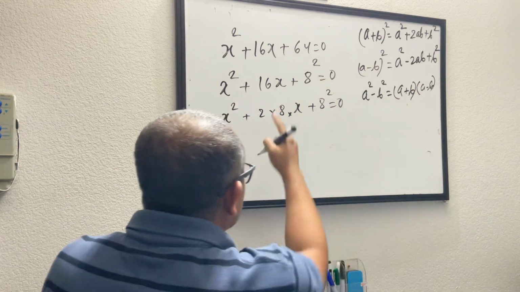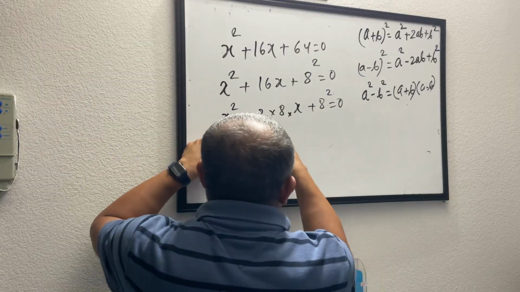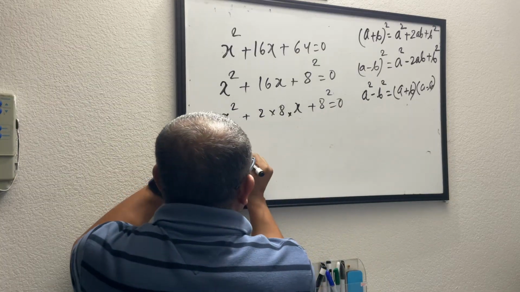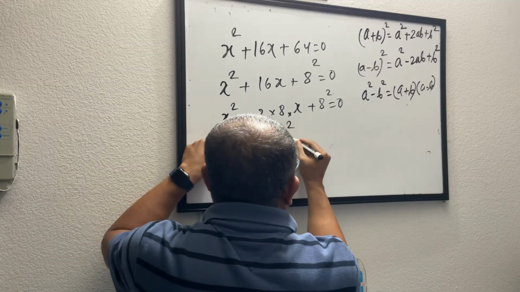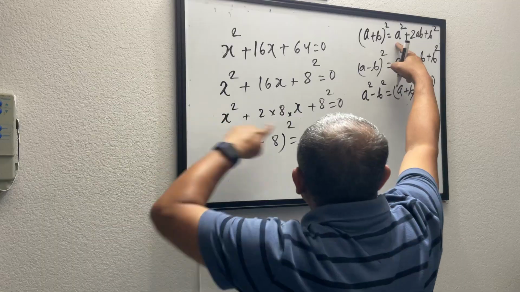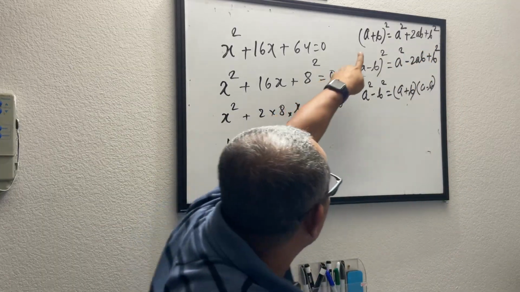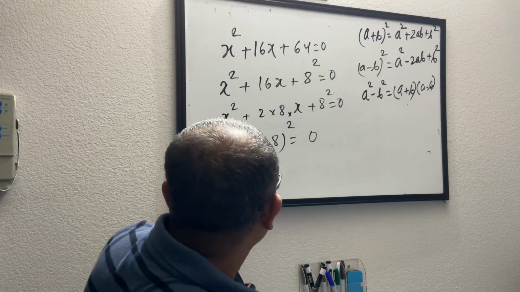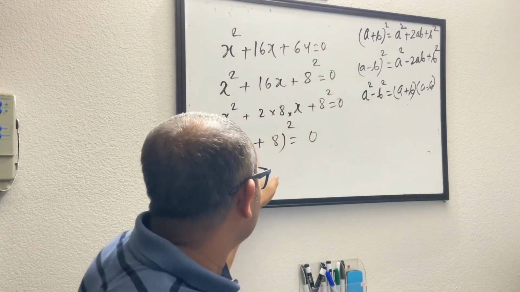Yeah? So this is a squared and this is my b squared, 2ab. Oh, this is x plus 8. A plus b whole square form. Correct? Because I have a squared plus b squared. This is my a squared. This is my b squared. And this is 2ab. So this is nothing but a plus b whole square. X is my a, 8 is my b. So this is x plus 8 whole square.